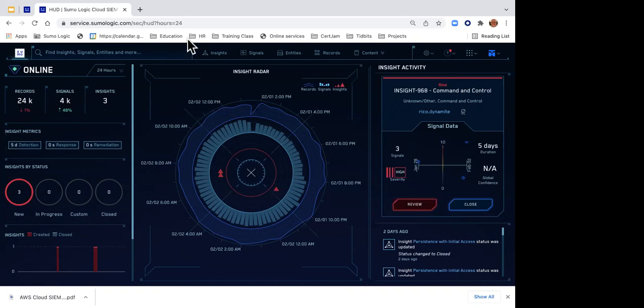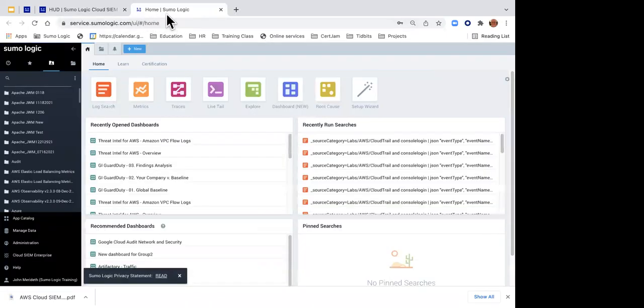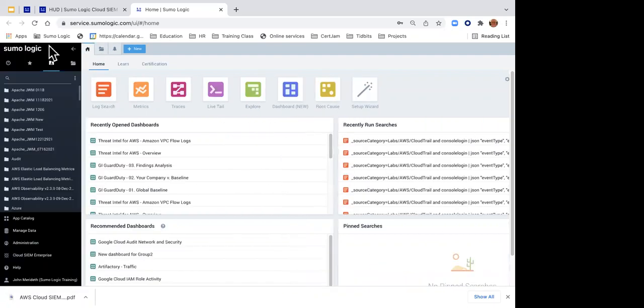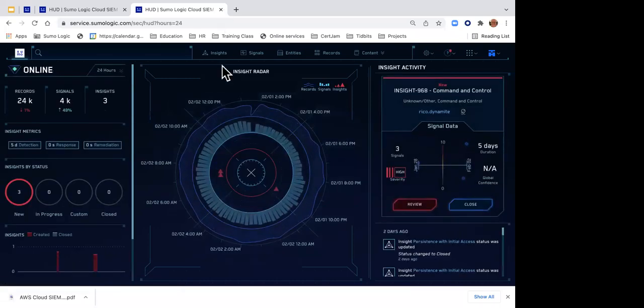Okay. The lab doesn't explain how to get to the heads up display. Emiliano, thank you for pointing that out. Again, how I got here. Let me get out of here for a second. If you're in Sumo Logic, because I assume that's why you asked, and I appreciate the point about the lab, to get here, you're going to click on this Cloud SIEM Enterprise. So again, if you need to open up the navigation panel, please do. Then click on Cloud SIEM Enterprise, and that will take you there. So thank you for pointing it out. I'll make sure the lab guide gets updated.